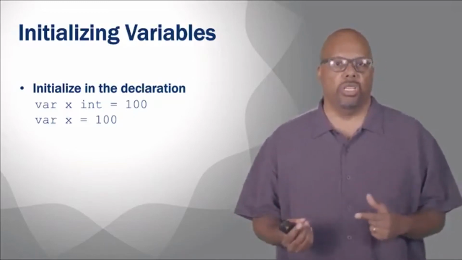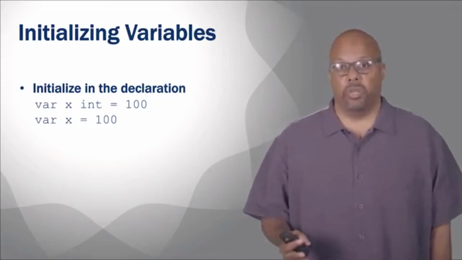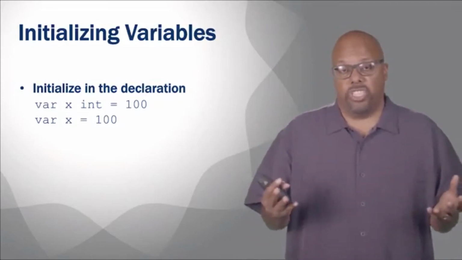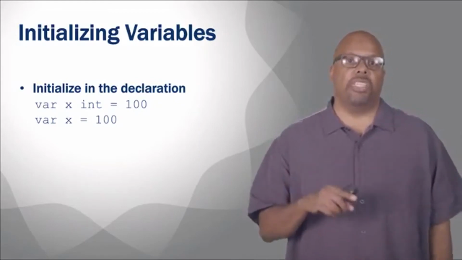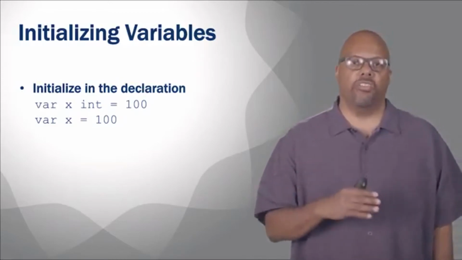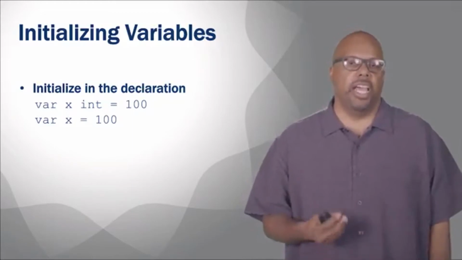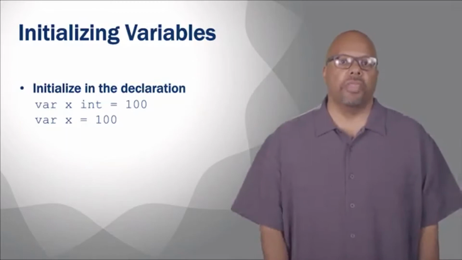Now, remember, sometimes this is an issue because maybe it infers something that you don't want, right? I like to specify it myself. So for instance, say I say x equals 100, but I really want it to be a floating point. I mean, 100 point something, right? But I call it 100 because that's my initial temperature, but I want it to be a floating point value. If I don't specify, it'll say, well, 100 could be an integer, and it'll infer it as an integer. And then if I try to set x to 100.1, I'll have a problem. So I like to specify the type, but you don't have to.